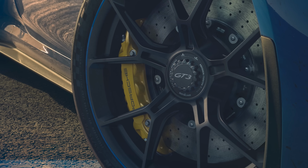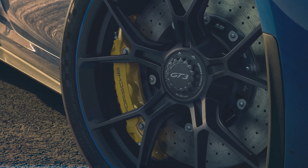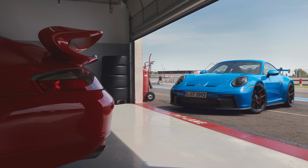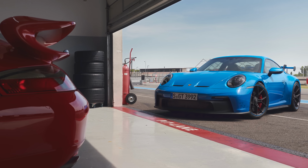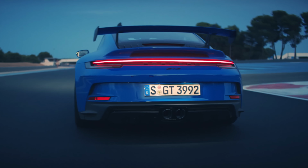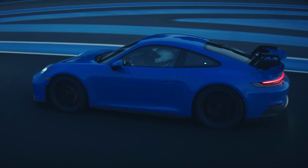The front brake discs are 28mm larger than the old car, but somehow they weigh 17% less. And all this means that the new GT3 only weighs 5 kilos more than the old car, even though it's longer and wider. In total, the automatic model weighs in at 1,435 kilograms and the manual version tips the scales at just